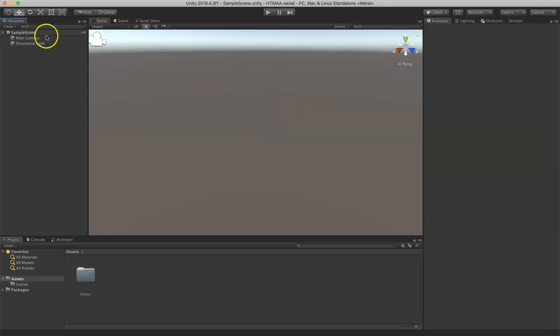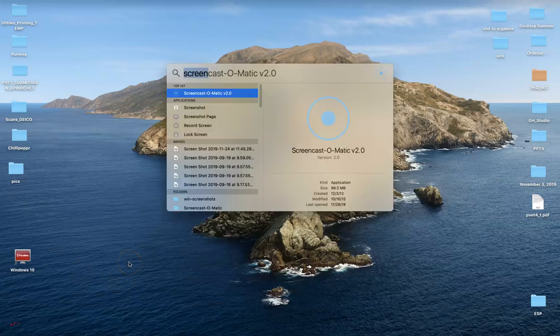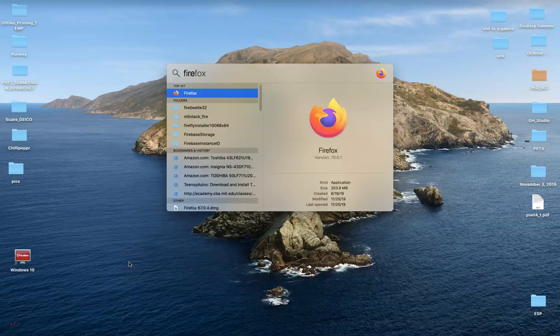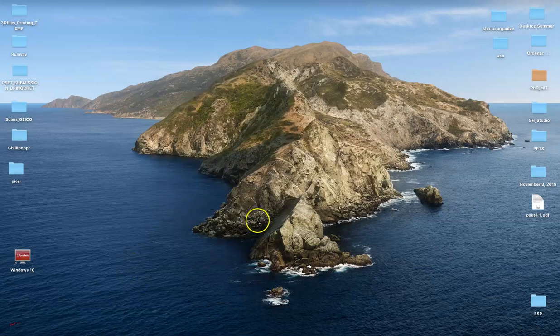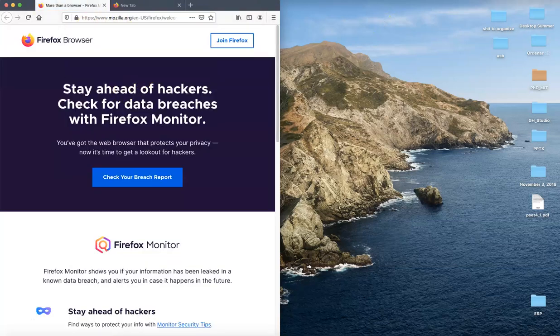So the first thing is that this is Unity 3D. This is a game engine. Right now I'm using version 2018.4.3f1. Basically, I'm just going to start from scratch. Actually, I'm just going to close the software. In order to install it, you go to Unity 3D,